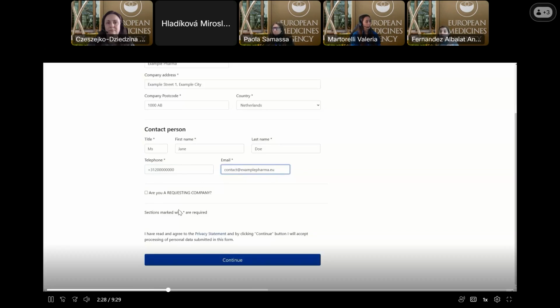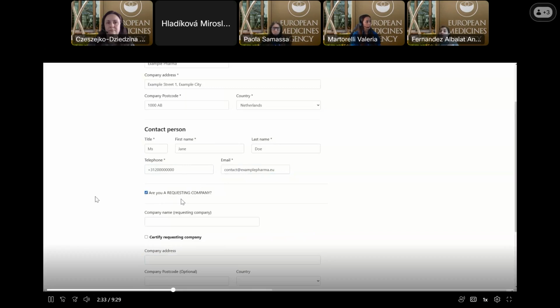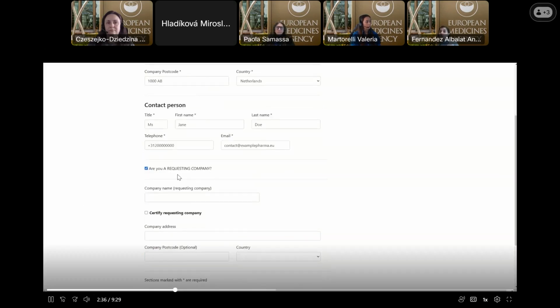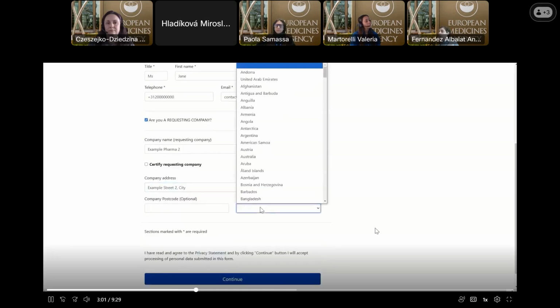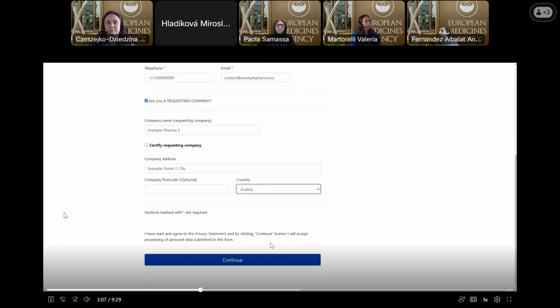If you are a requesting company, that your name and your address is different from the MAH's, and you are ordering certificates on behalf of the MAH, tick the box, "Are you a requesting company?" and then fill in the company's details. Only tick the box labeled "Certify Requesting Company" if you would like to have the requesting company mentioned in the certificate itself. Click Continue